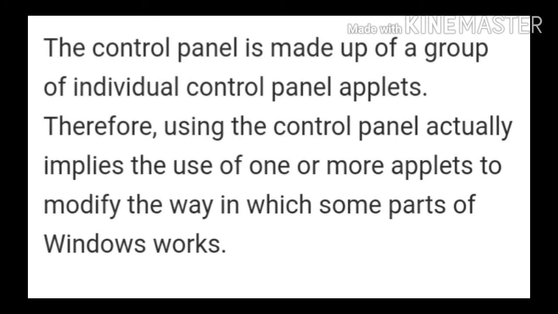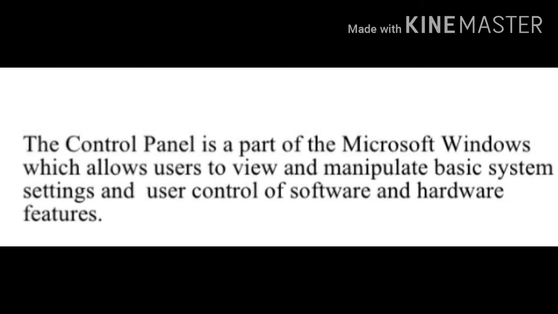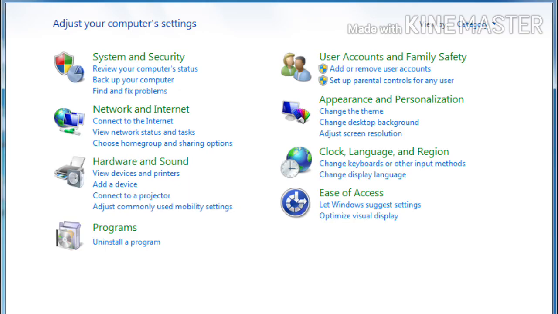Okay, so I will show you one by one so that you can understand more about it. So Control Panel is a feature of the Windows operating system and it allows us to modify system settings through these applications. So children, I have already told you this Control Panel consists of different applets or applications and it allows us to edit the settings of both software and hardware devices of the computer.